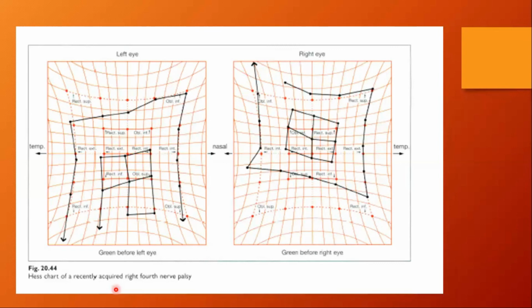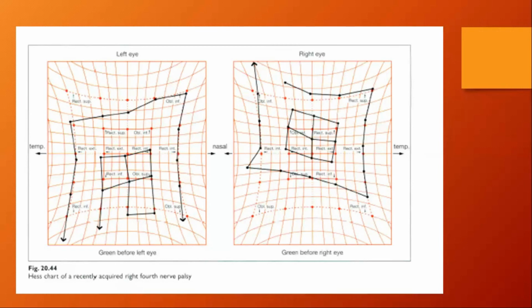If we have suppression, because we are charting something called the foveal projection, if the fovea in the squinting eye is deeply suppressed, we are not able to do the Hess chart for this patient. So ignore the recently acquired. This is additional unnecessary information. Just say this is a fourth nerve palsy, and don't forget the side, the right eye, and comment on the ocular alignment in the primary position, which is hypertropia by the amount of degrees you see. Yes, ma'am.